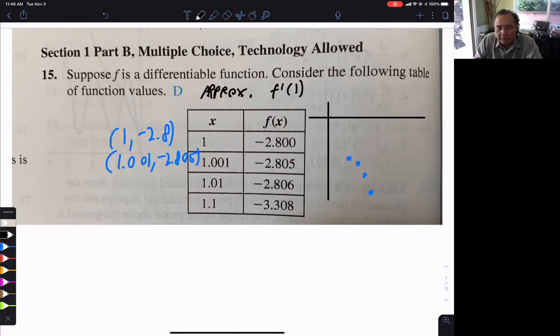You don't have the function, so you can't take the derivative, so you can't find f prime at 1, but conceptually, you should know f prime of 1 is the slope of the tangent line. So we have some kind of a curve going on here. And I have a tangent line at 1. So I want to find the slope of that red line. But how do I approximate that? All I have